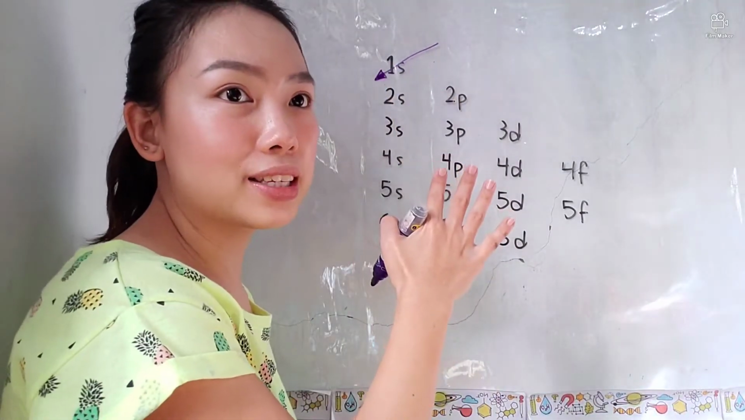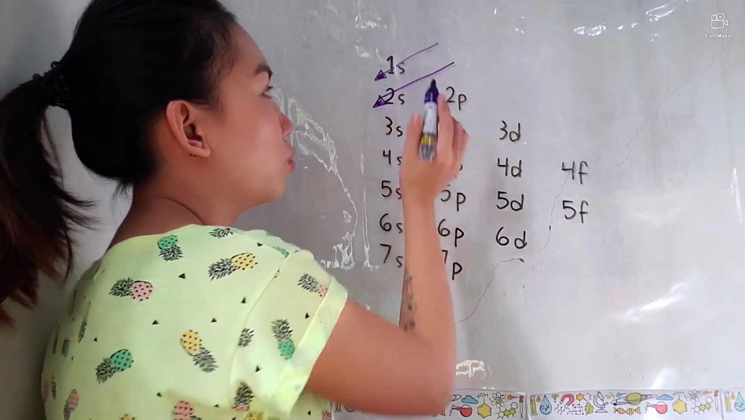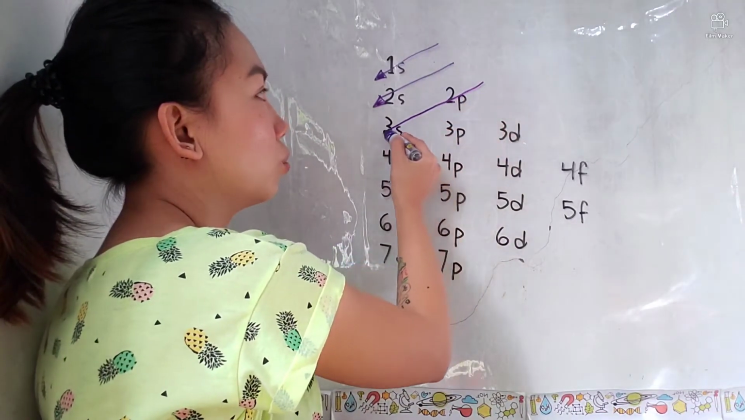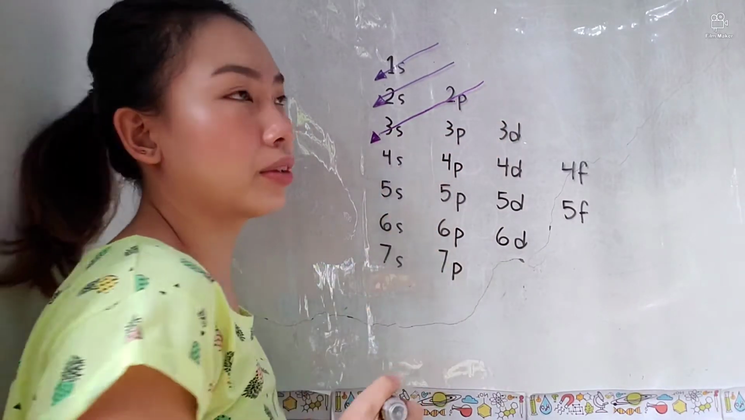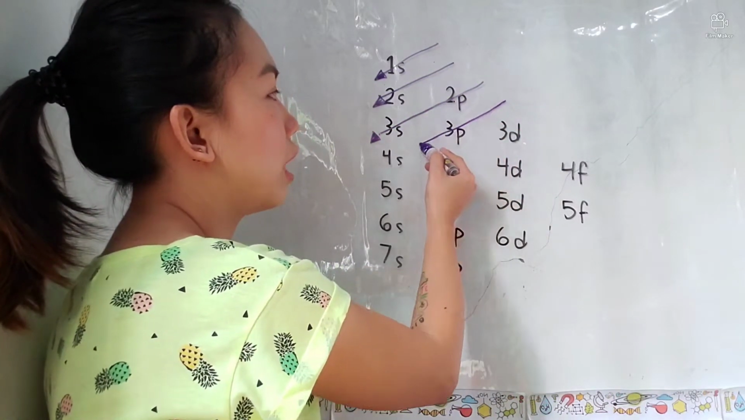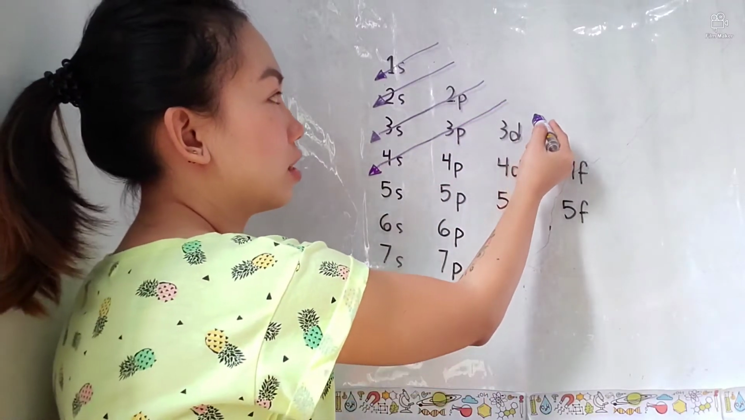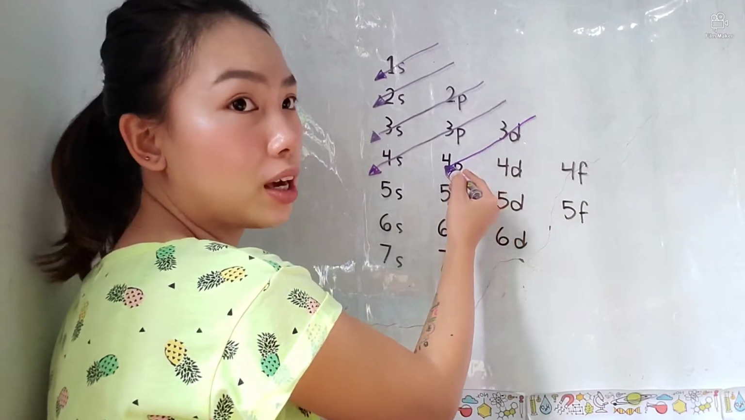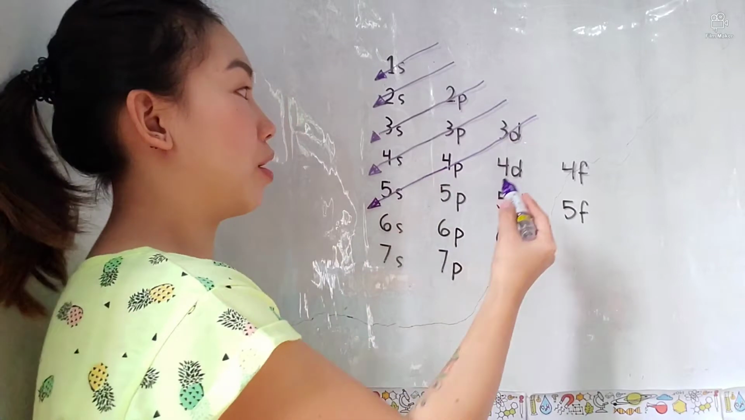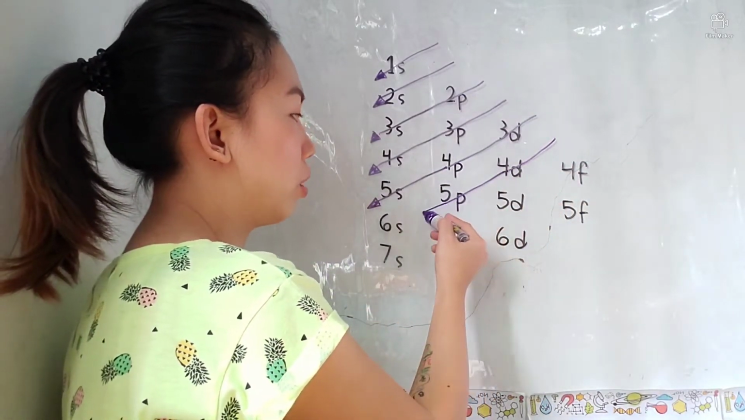Arrow down from 1s, from 2s, wala pa siyang kapantay, so arrow down with the 2s, and then dadaanan natin si 2p down to 3s, and then we have 3p down to 4s, and then 3d down to 4p down to 5s, and then we have 4d down to 5p down to